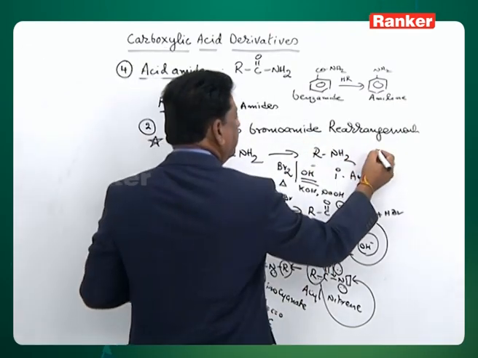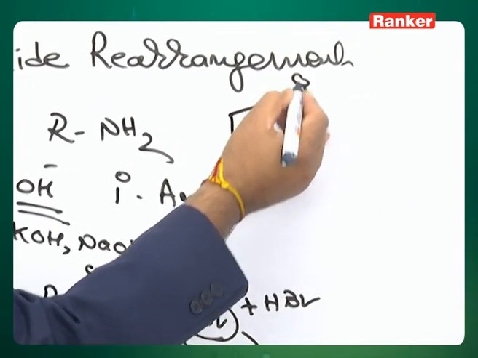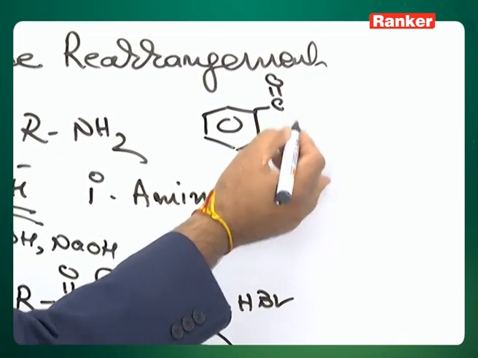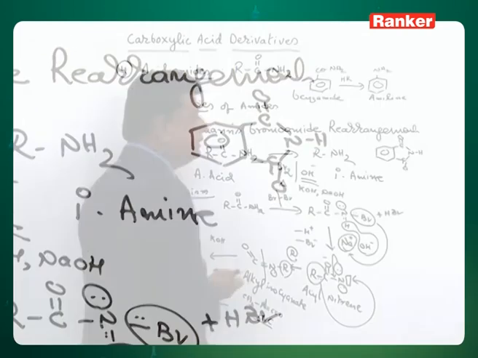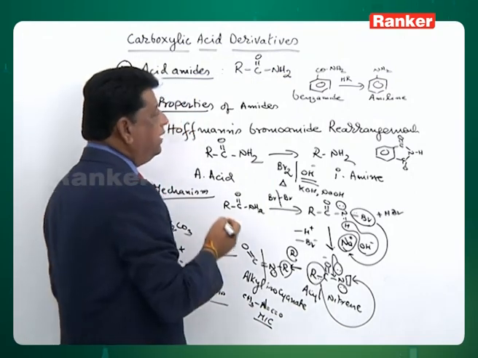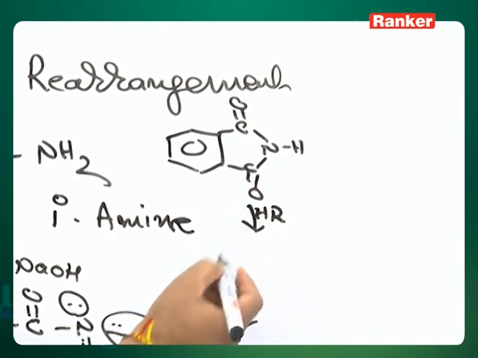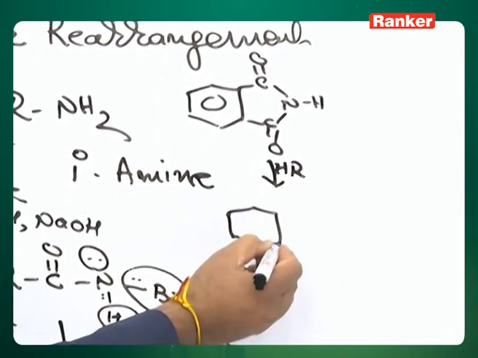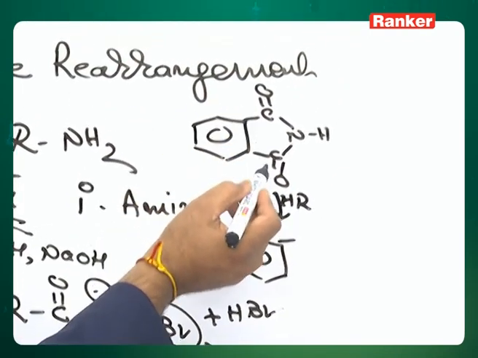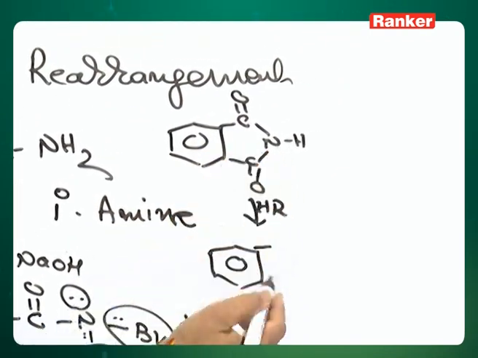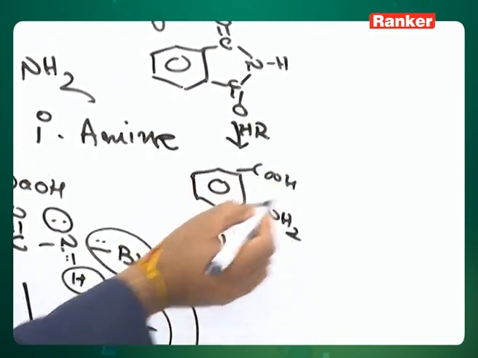You can have one more example. A benzoic acid containing the acid on both sides is called phthalic acid. Phthalic acid amide from both sides is called phthalimide. This phthalimide undergoes this Hoffmann rearrangement to give benzene plus. So, actually you better write it as a benzoic acid plus amide. The amide will become a 1 degree amine. So, the acid will be acetate. This is called